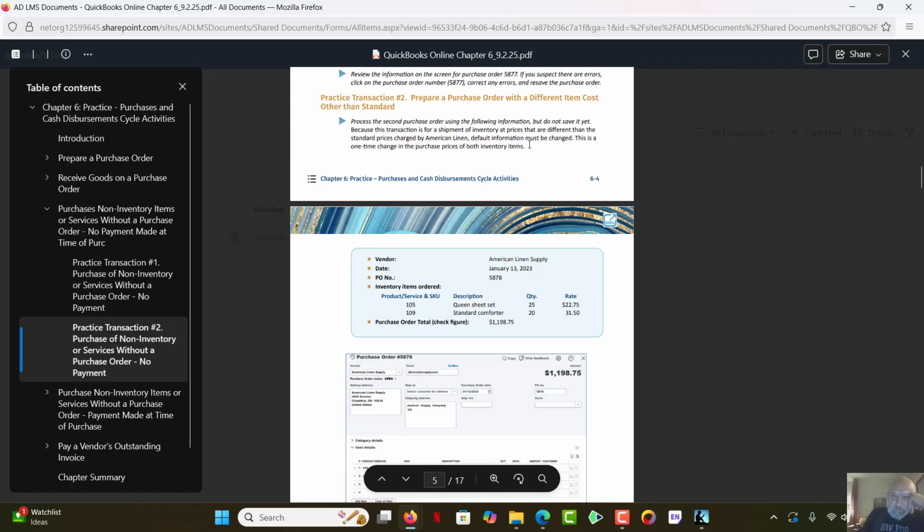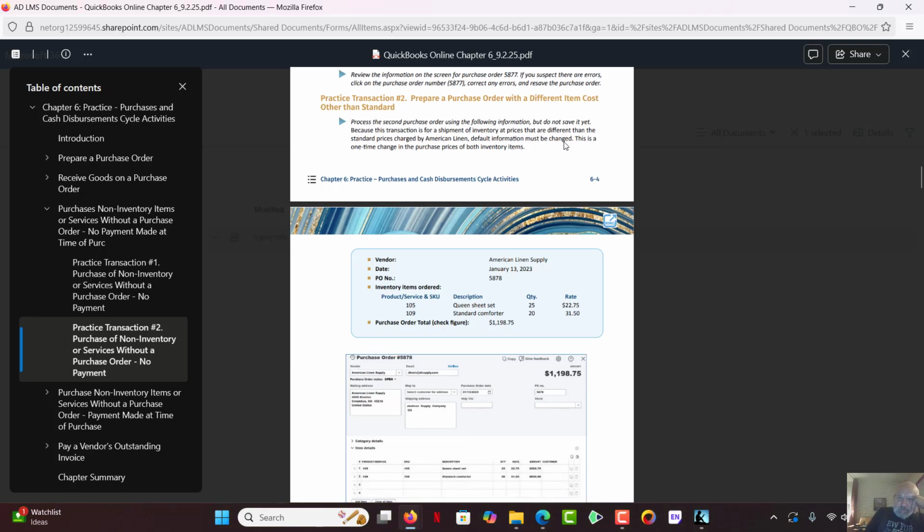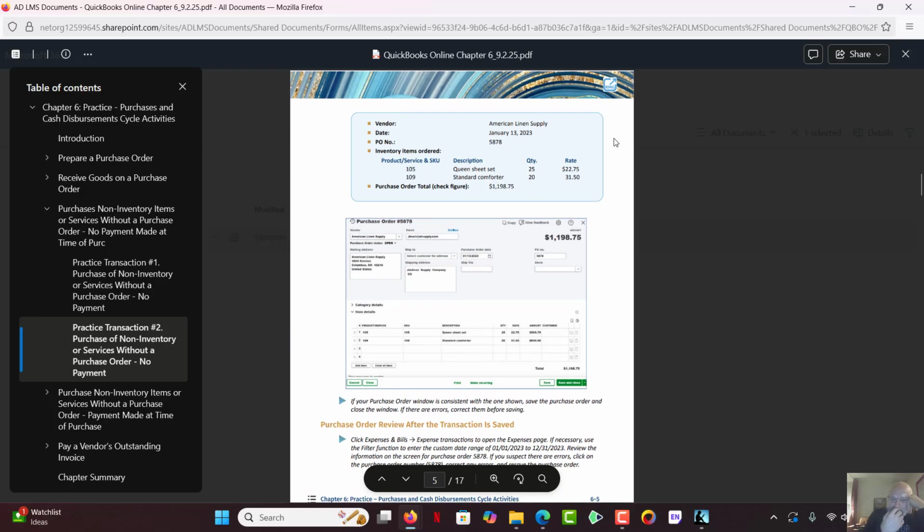And note here, because the transaction is for shipment of inventory at prices different than the standard price, default information must be changed. This is a one-time change in the purchase prices of these inventory items. So you're not going to make this last forever. You're just going to do it this one time. And so the prices we want to set are $22.75 for the sheet set and $31.50 for the comforter. Going back to QuickBooks,